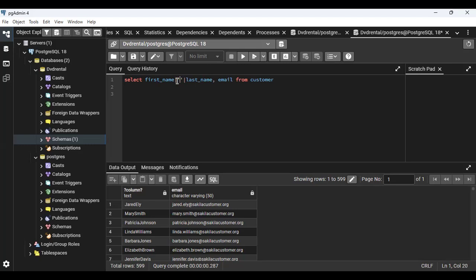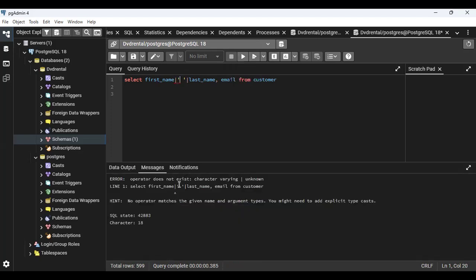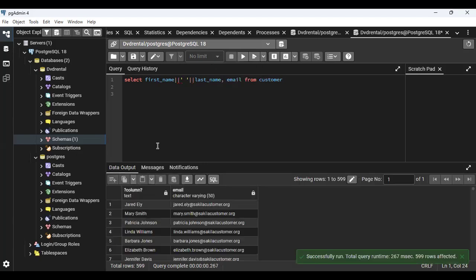Do your column, then put a space in between. Then run it. Oh, sorry, I made a mistake. You're supposed to have another slash and another slash. Then run it. So as you can see, it has given